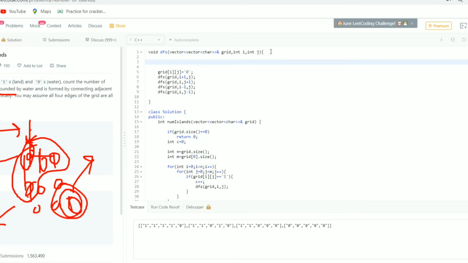Now as this is a recursive function, we need to write a base case. The base case will be if I is less than 0 or J is less than 0 or I is greater than or equal to the length of the input array, or J is greater than or equal to the size of the column of the input array, or my grid ij is 0.